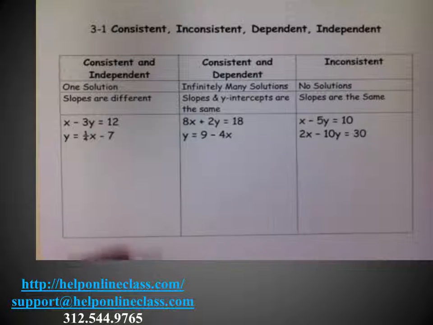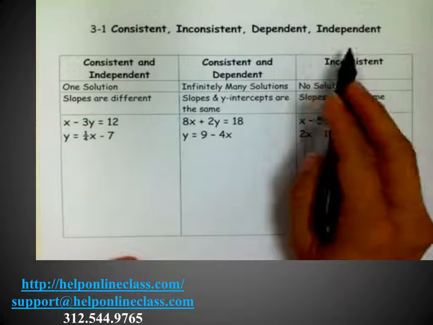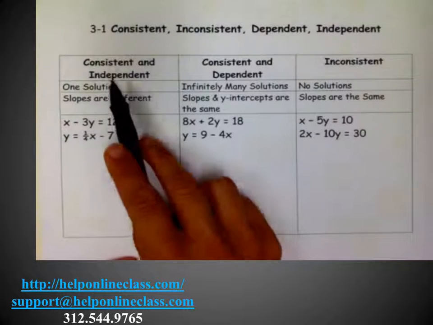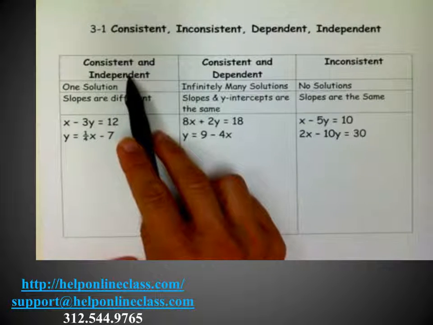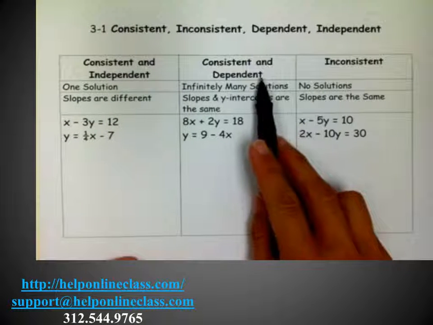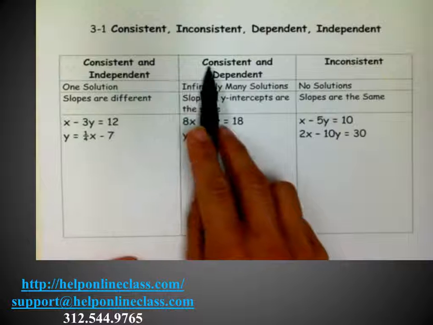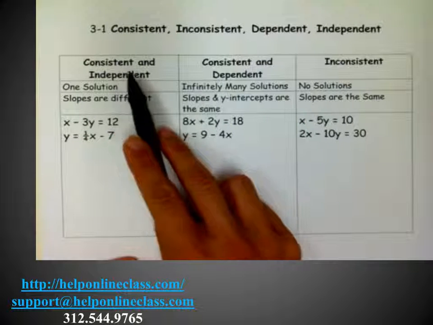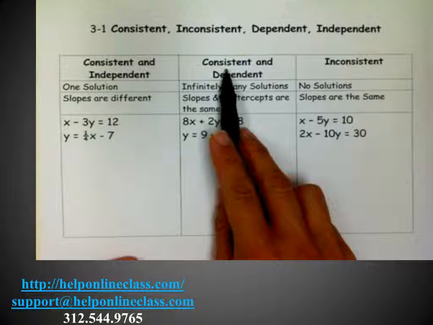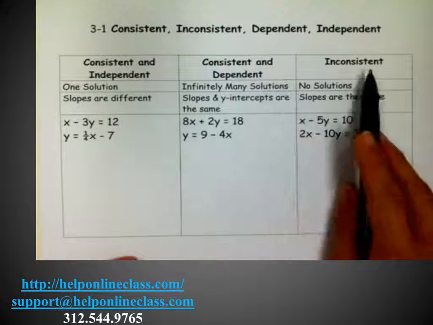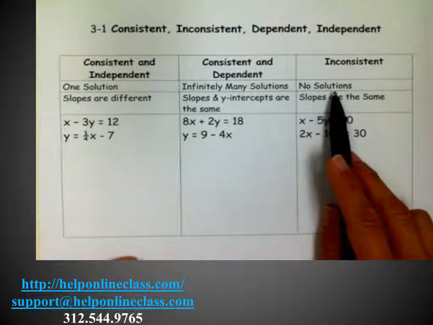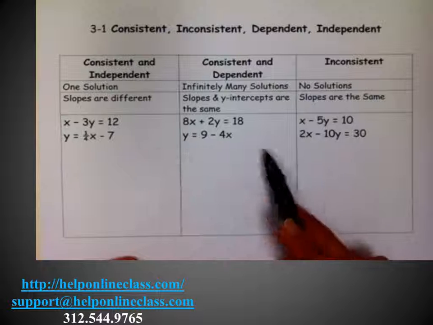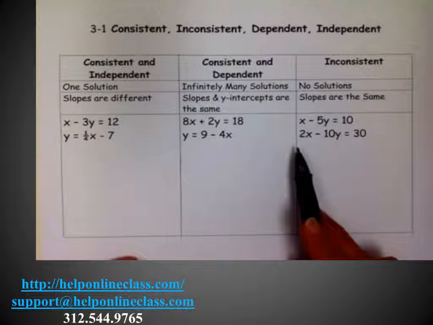So a lot of times when you're solving these systems from a textbook, they'll ask you not only to solve them, but to figure out if they're one of those things. So these are the only three options. They can be consistent and independent, or consistent and dependent. Consistent means they have a solution. So this one only has one solution, this one has lots of solutions. So that's what consistent means. Inconsistent means there's no solutions. So we're going to talk about what the equations look like and also what the graphs look like.